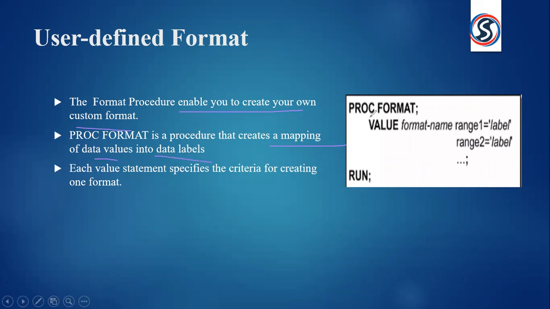How to do that? Let us see. For that, we have the syntax. The syntax is proc format semicolon. After that, value. You will write the format name here, and you will write the value or range, and then the label. So this value statement helps you to